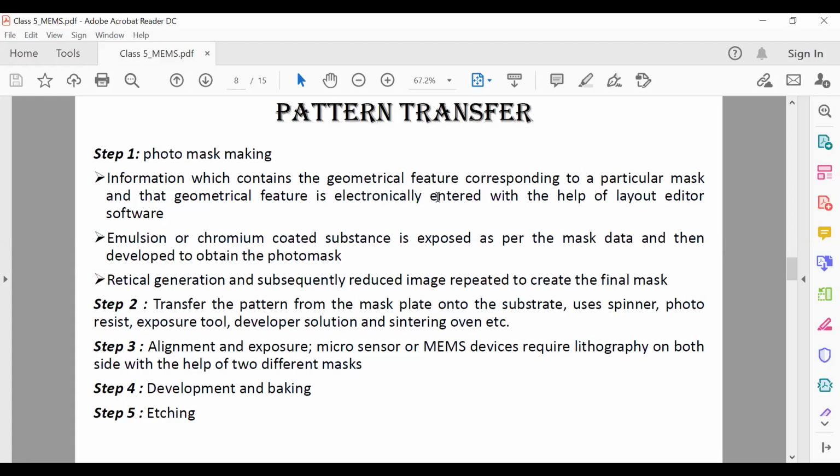Then according to the data, the mask making machine will expose an emulsion or chromium coated substrate, which you can call a mask plate. So depending on the data entered into the pattern generator, the mask plate will